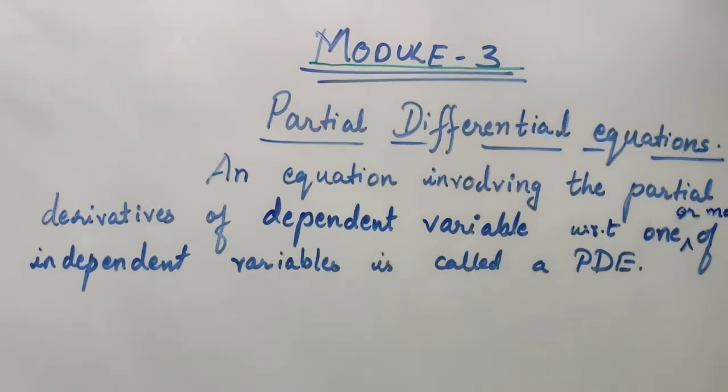Now let us understand the order and degree of a partial differential equation. It is the same as what you have learnt already in differential equations. The order of the partial differential equation is the highest order derivative present in that equation, and the degree is the degree of the highest order derivative present in the equation after clearing the fractional powers. Basically there are two types of partial differential equations: one is homogeneous and the other is non-homogeneous. All that we will study in detail, so please stay tuned.